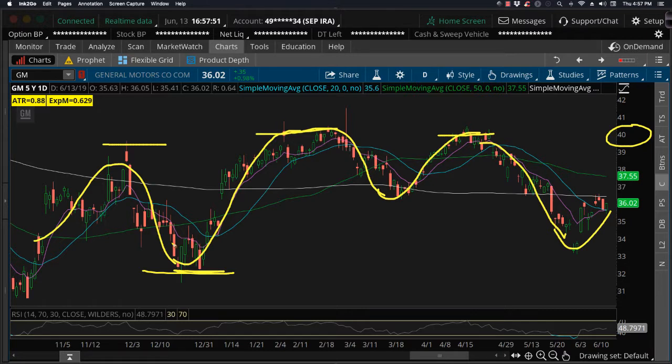And once you're aware of the cycle and you're able to identify that general pattern, and you learn how to use the candlestick